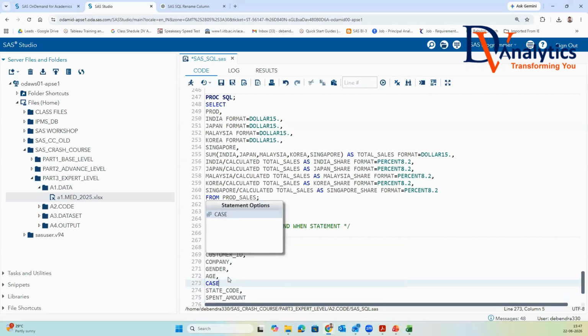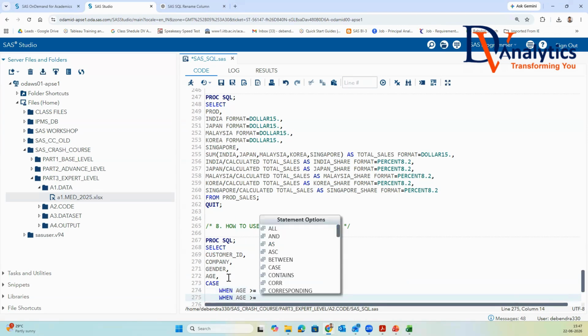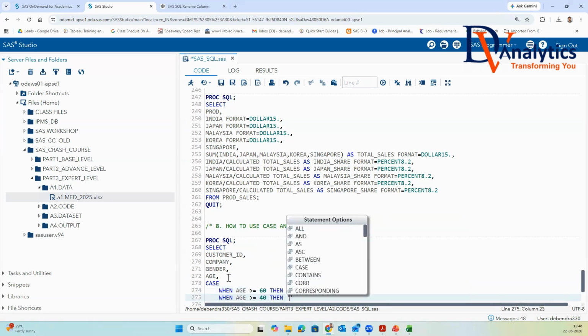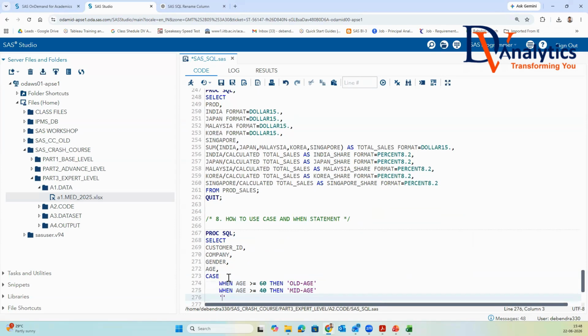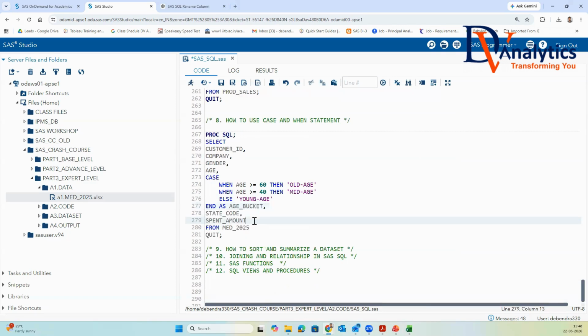You can use here case when age greater or equal to 60, then old-age, when age greater or equal to 40, then call mid age, else call young age, end as age_bucket,